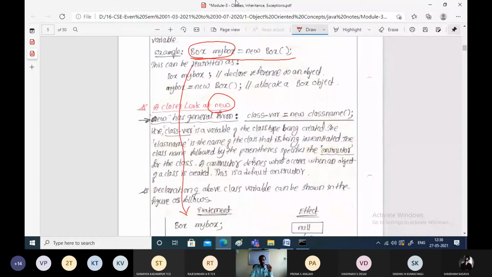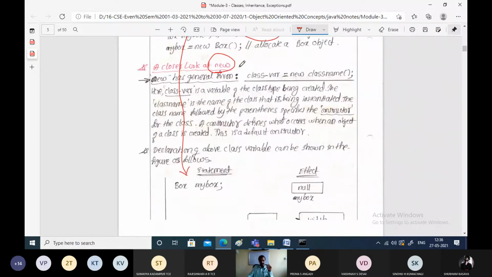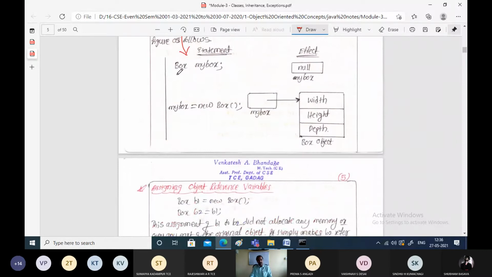And next, in this part, new Box, whatever object you are going to create, the reference will be assigned to mybox1. That's what is seen here. Whenever we execute this statement, Box mybox, it is just going to create one reference variable, and mybox is a reference variable which is pointing to nothing in the beginning.